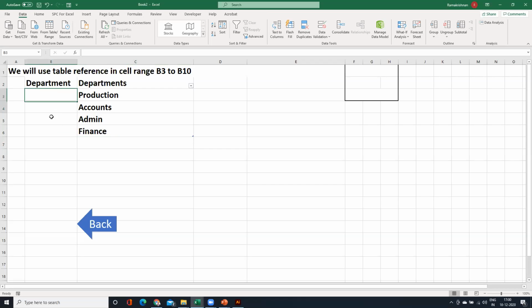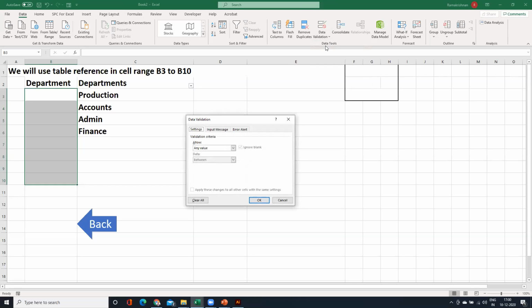Now I'm going to give this data validation. I'm selecting this B3 to B10. I'm going to Data, and then there's a data validation here. I'm going to put data validation. In the settings, I will choose list, and then here I'm going to enter a formula. The formula is equal to INDIRECT, because I'm going to refer to it as a range, therefore I'm using an INDIRECT